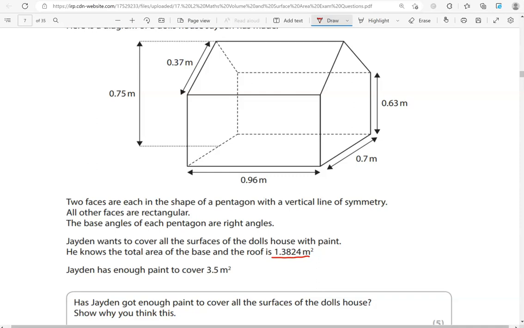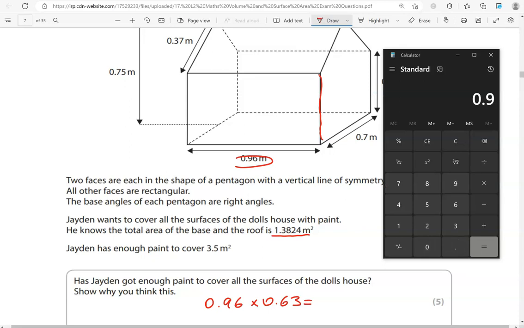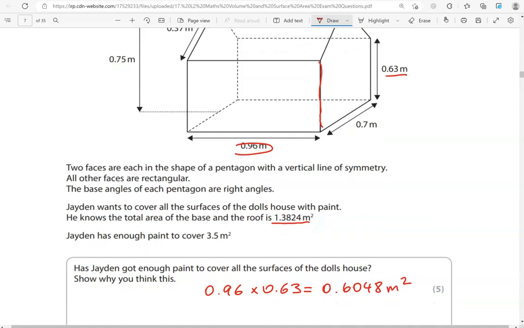So we've got the dimensions given to us. Length is 0.96 and height is 0.63. So times 0.63 gives us 0.6048 square meters. So the other side will be identical,